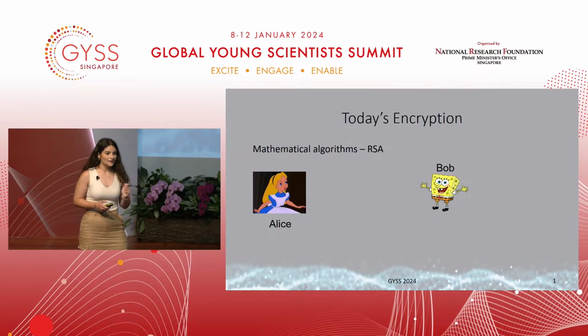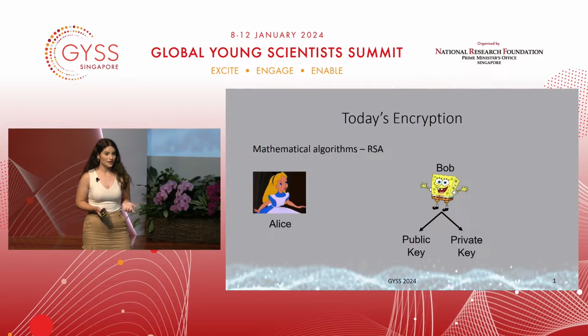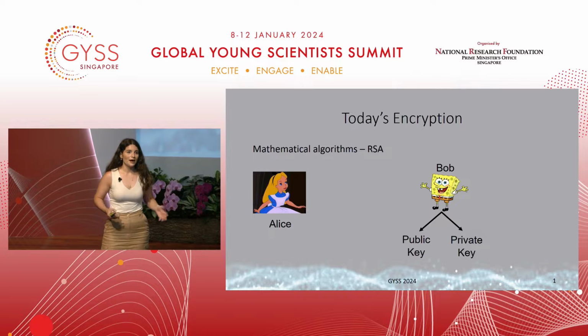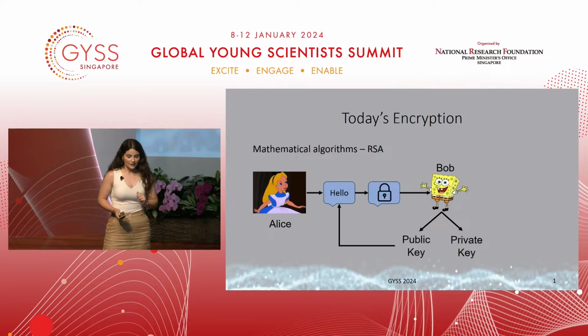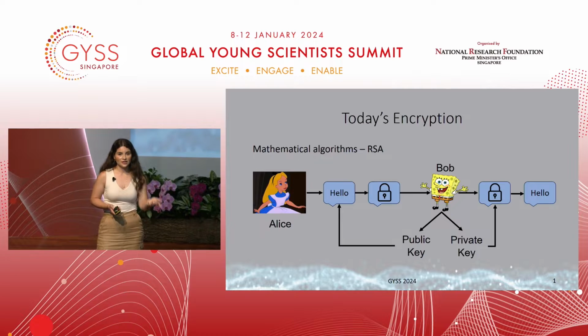Let's say Alice wants to send a message to Bob. So what Bob needs to do is he creates two keys. He creates a public key and a private key. And then he tells everybody about his public key, but he keeps the private key to himself, so nobody can actually know his private key. Then Alice will have to use Bob's public key to encode the message. Let's say she wants to say hello. She would encode the message and send it to Bob. Then Bob would use his own private key to extract the